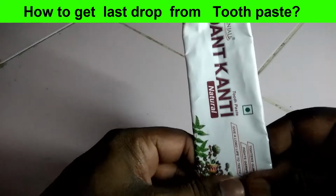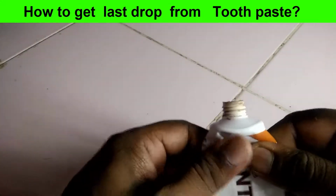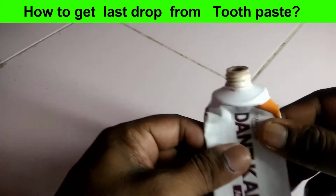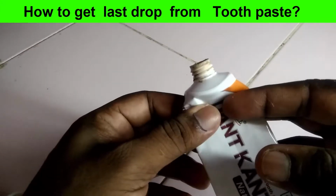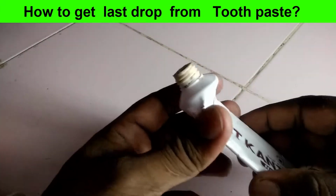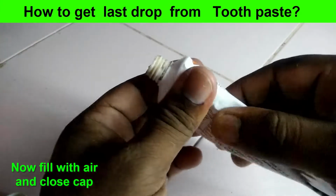So now I am going to press the toothpaste fully. But even one single drop is not coming outside. So now I am going to show how to get the last drop from toothpaste. So you need to fill it with air, completely fill with air. Okay, so